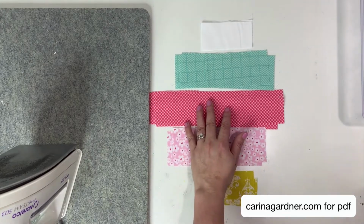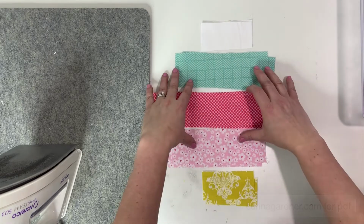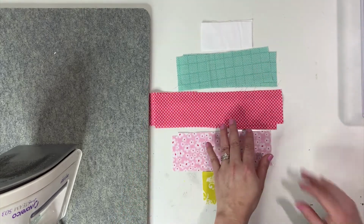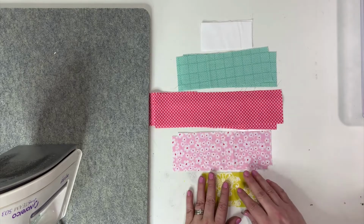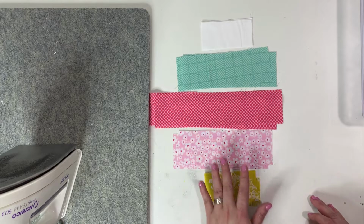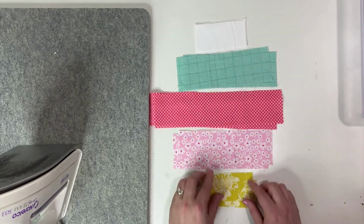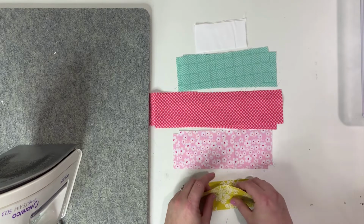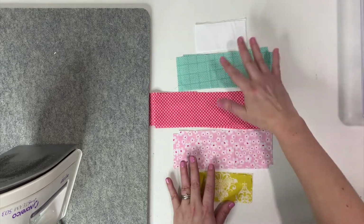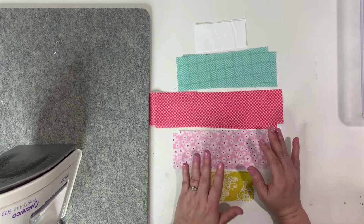But this middle piece needs to be about 10 inches. And these two side pieces need to be about 7.5 inches. Your yellow piece about 4 inches, and your white piece about 4 inches as well. This one I only did 1.5. And this one down here, the yellow, I did 2 inches. So just as long as you're kind of within range, because the point is to make a 6.5 by 6.5